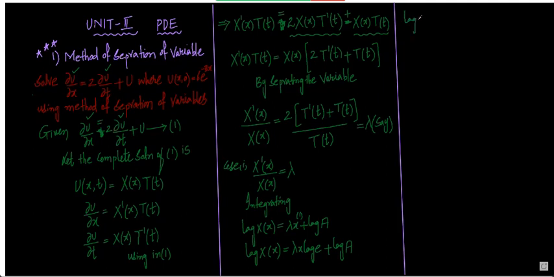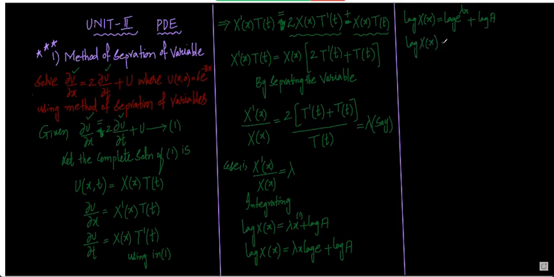Correct? Log x is equal to, it is n log x format, so I am writing log x to the power of n plus log some constant. Again, it is log a plus log b. How to write? Log